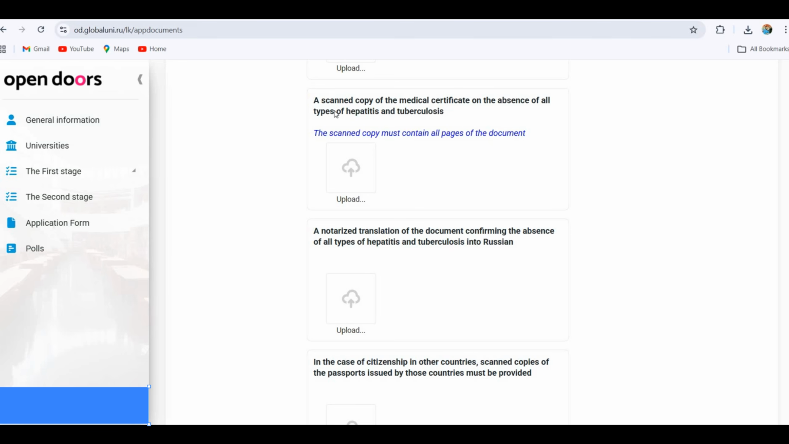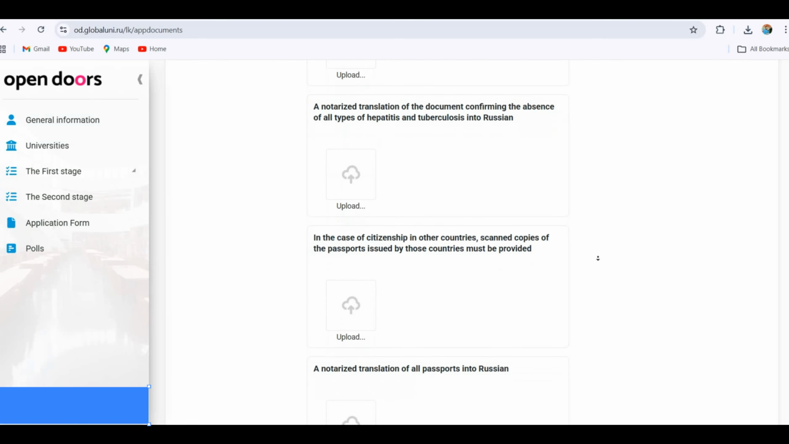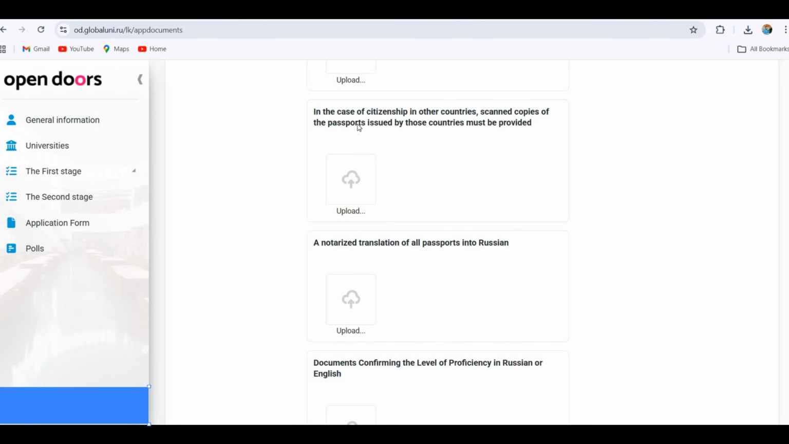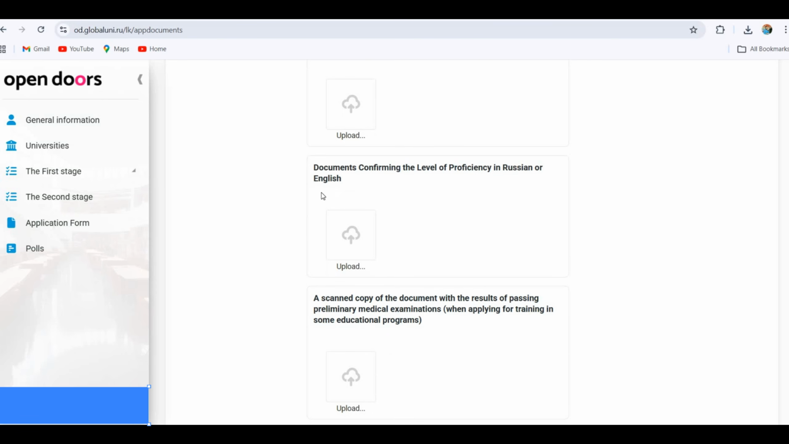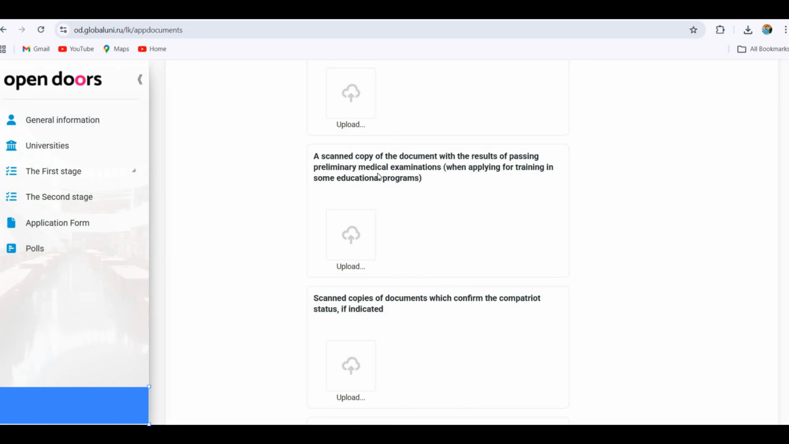Here you need to upload the scanned copy of hepatitis and tuberculosis reports, and the notarized translation. You can upload one document here which contains the reports of all the above diseases: hepatitis, tuberculosis, HIV, AIDS. And if you have any other citizenship, you need to upload here the documents and translation. Here you have to upload your English proficiency certificate, IELTS or TOEFL, if you have any. Here the medical examination again,